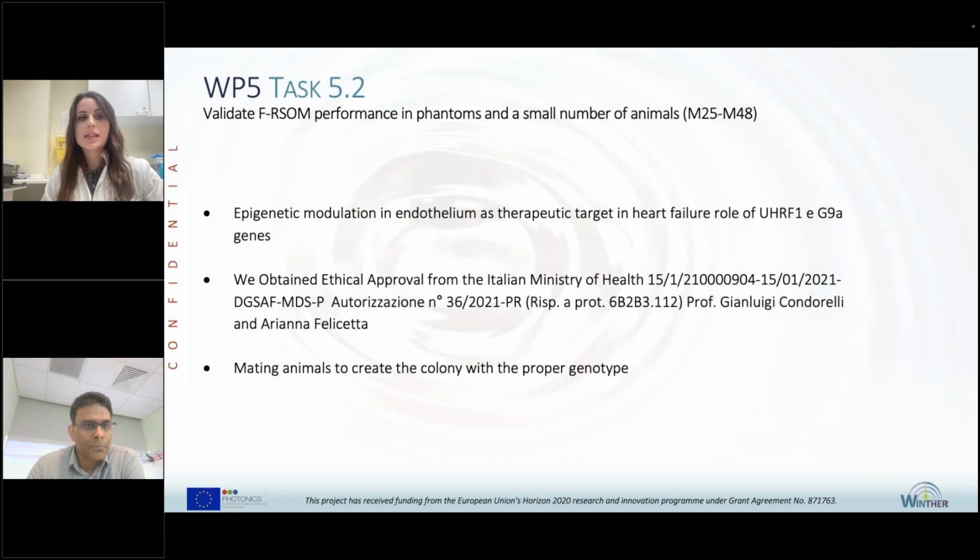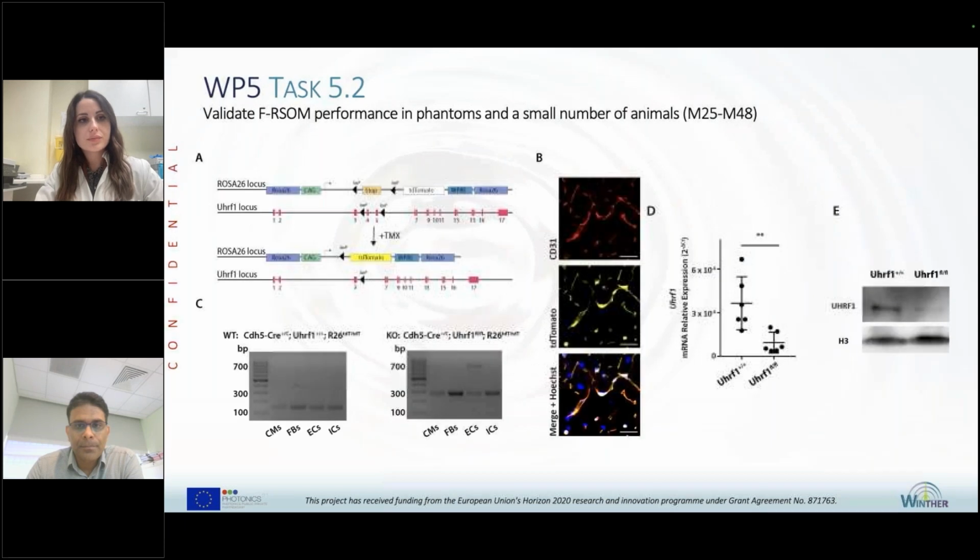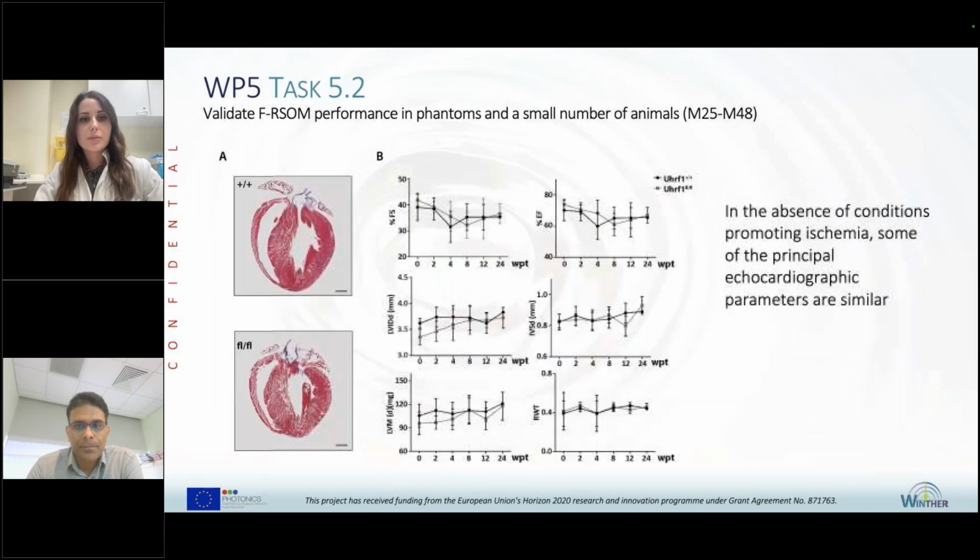In particular, it seems that these two genes play an active role in the development of heart failure in the presence of some ischemic factor. At the beginning, they had to mate animals to create the colony with the proper genotype, and in particular, they collected two groups, a wild type group for UHRF1 and a second group mutated for the same gene. As we can see from the result,